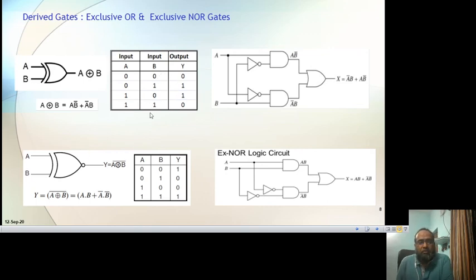The inverse of this is called exclusive NOR operation, where when both the inputs are same, you can get an output 1. So these gates are available: AND gate, OR gate, NOT gate, NAND gate, NOR gate, as well as exclusive OR and exclusive NOR gates. These can be connected and combined to make different functions, different systems, and all these are coming in the coming classes. Thank you.